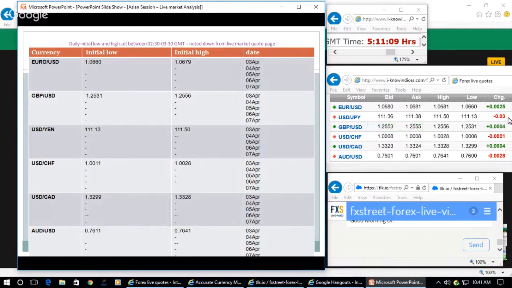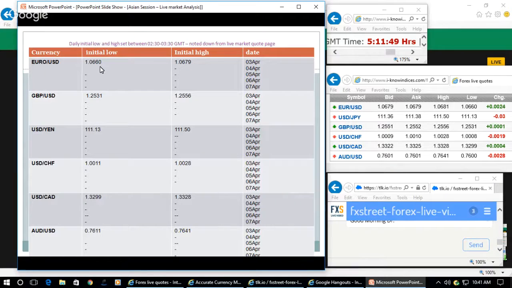As far as the denominator currencies are concerned, USD and USD CHF are in negative territory, but USD CAD is in positive territory. So you find that the majors are showing the USD weakening move nominally, but the commodities are showing the USD gaining move. This is a contrarian move. They are doing it in the low volume condition in the market in order to induce the traders to commit positions in the crosses as well.